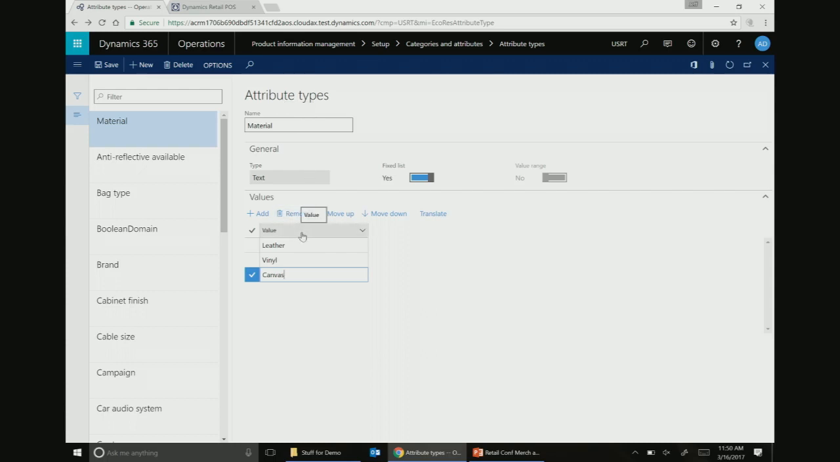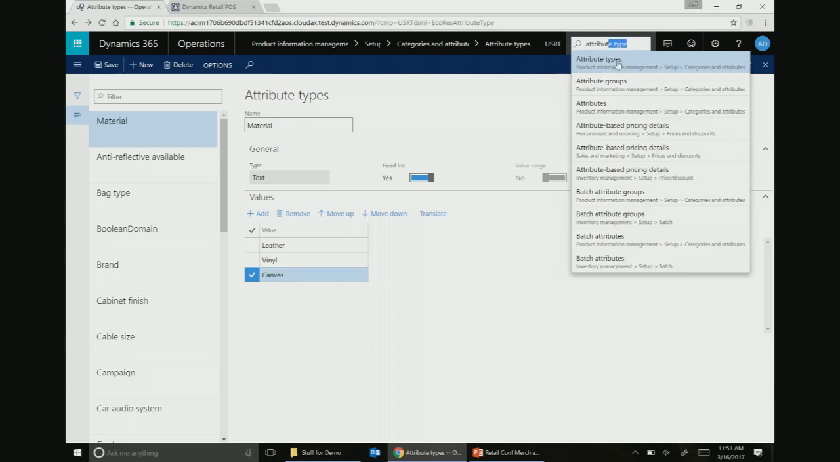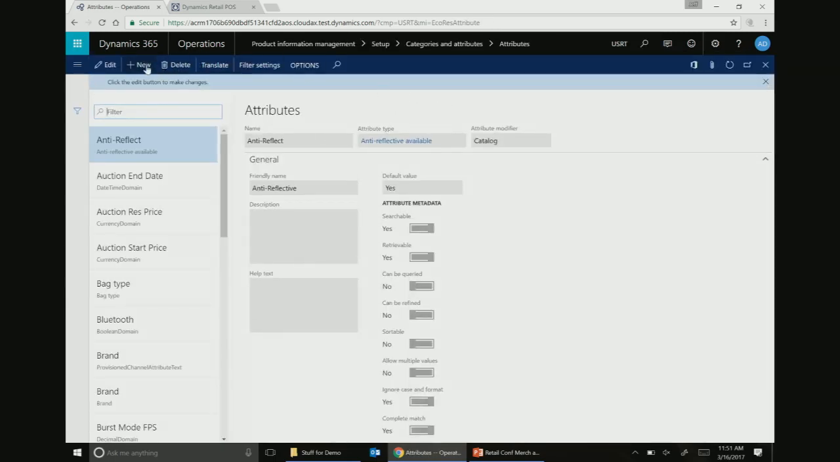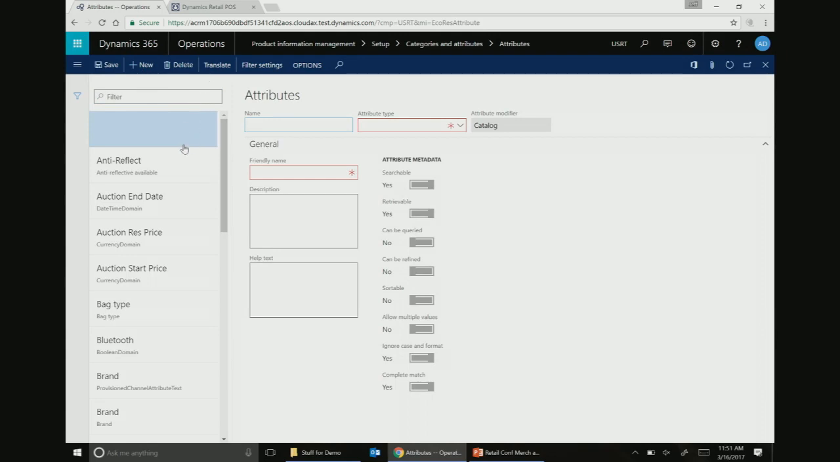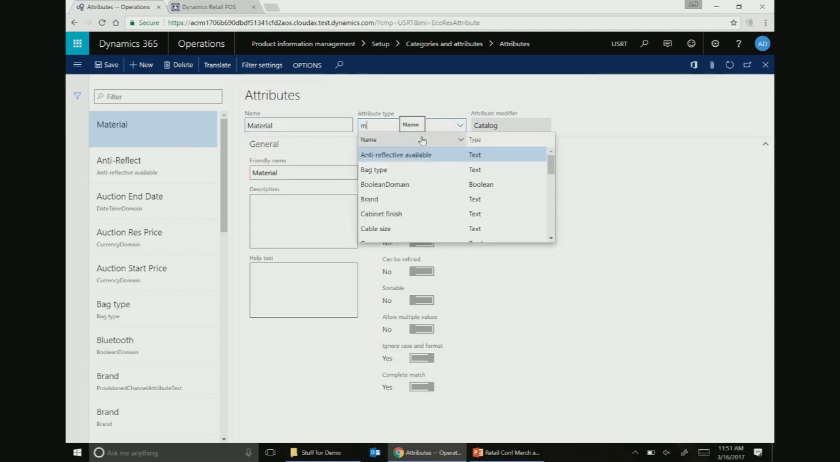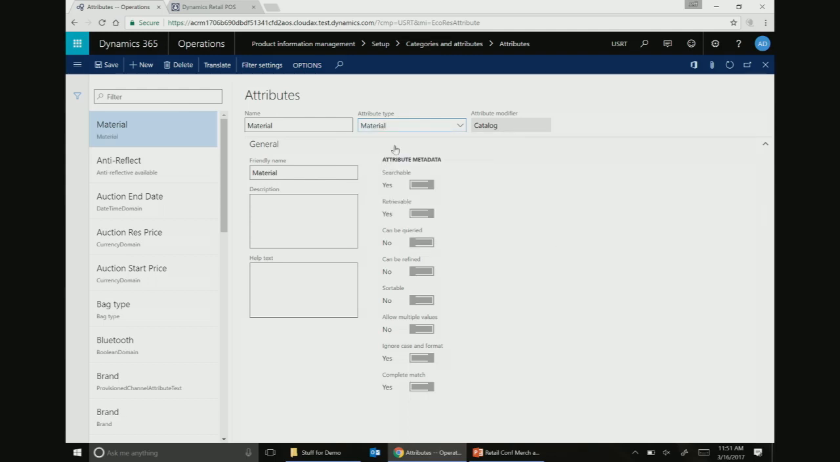Now remember, that's the type. Think of this as the data type with some extra properties on it. It might seem a little bit redundant, but it does provide a little flexibility as I take this attribute type and I go and stick it on an attribute. In my example, I'll probably also call it material, but it wouldn't necessarily have to be that way. You could create a very generic type and then use it on very specific attributes. There we go. Okay, so now this attribute type, in the context of this attribute, can take on some additional